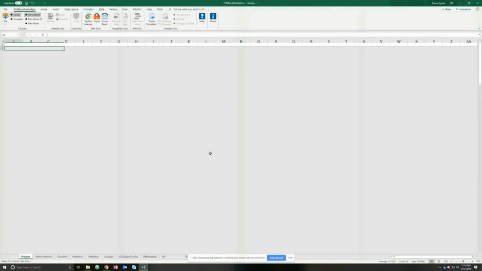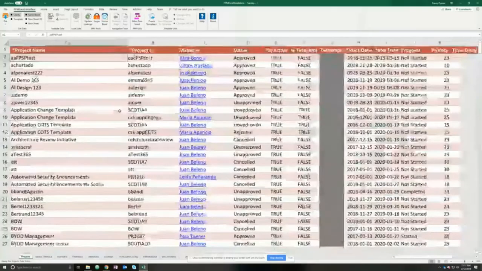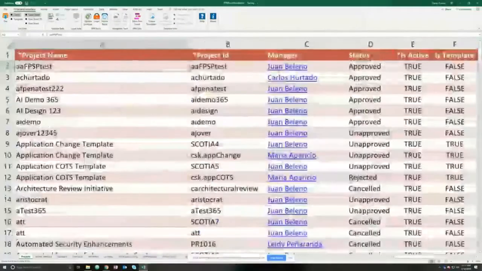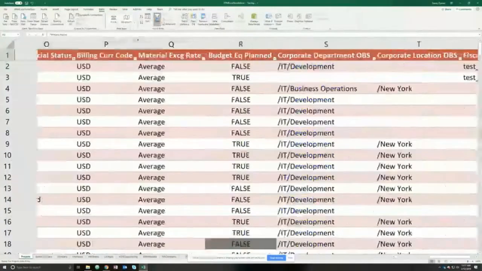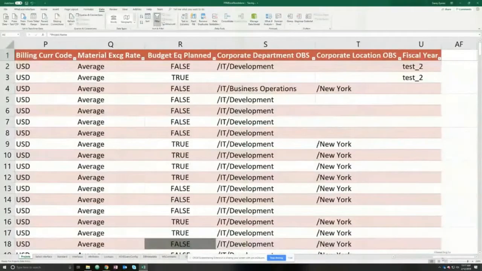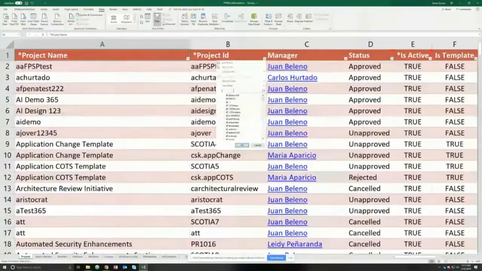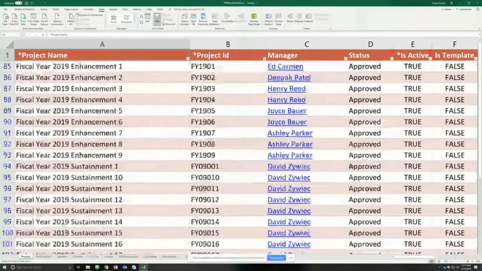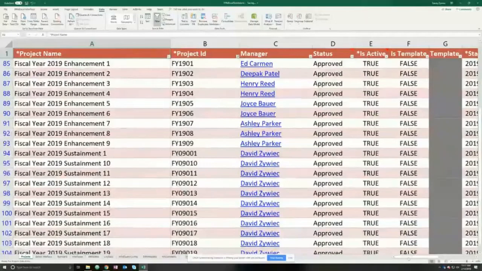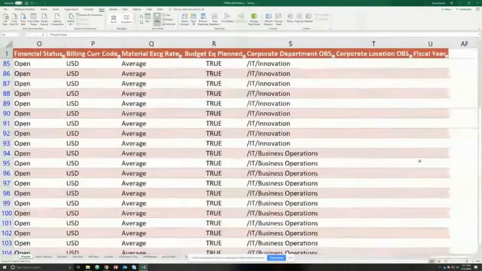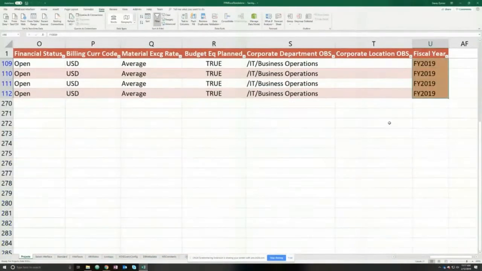And we can see our values here. So I'm going to go back up to 95% so we can all view it. Put in that filter. Bring up our FY19. We have our sustainment projects here. Now I need to make them all fiscal year 2019. So we can see it's now available to us. Copy that down, push it in,